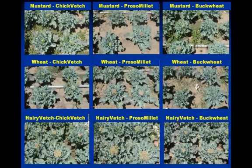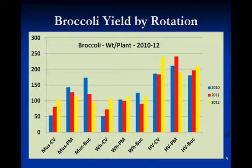And then particularly notice where we have the wheat. Plant vigor is greatly reduced, even if we have a legume put into that system, so the biomass, the residue, and the lack of nutrient cycling really have a big impact on how well these plants perform. If we look at productivity, essentially this is a measure of the weight of the broccoli heads per plant over a 3-year time frame, and the little coatings that are there would be our winter cover crop followed by our summer cover crop. We can see, as we saw visually in our pictures, that the wheat ones, the bars in the middle of the graphic, show that our lower yields are where we follow this crop